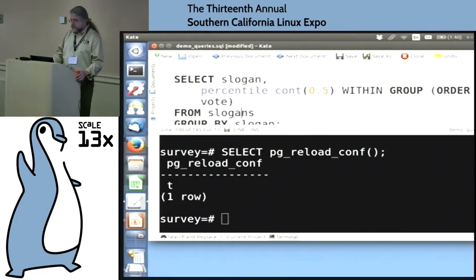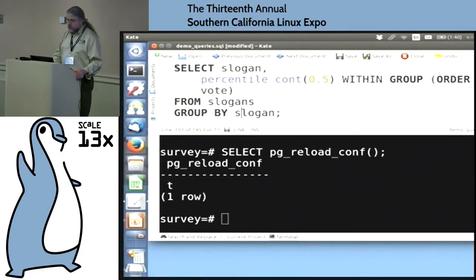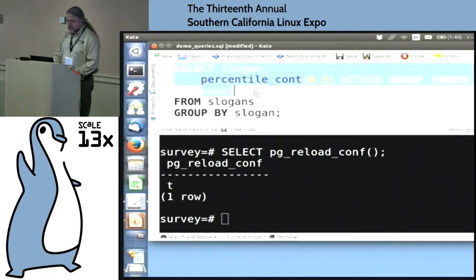Now, as I said before, averages are not very trustworthy. Like we saw with William Morrow, one really high value can throw the average way off in completely misleading ways. So what I would really rather have for determining which is the most popular slogan is let's look at the median here.